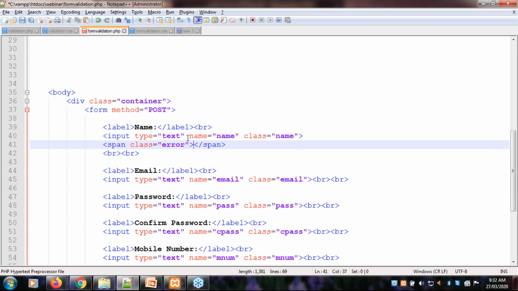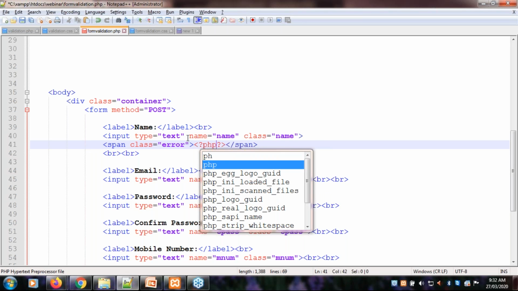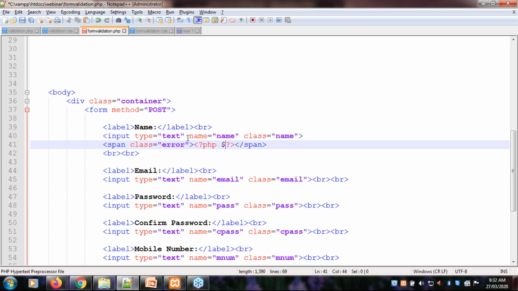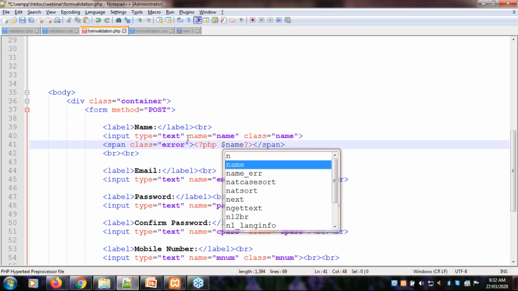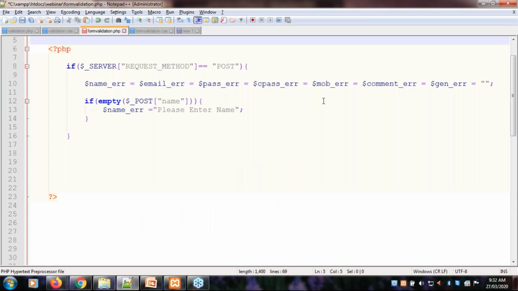Now if you want to display the error message, you have to use PHP and just echo $name_err, because it will contain the error message. First check if name is empty, then display an error message like please enter name that is stored in $name_err, right?